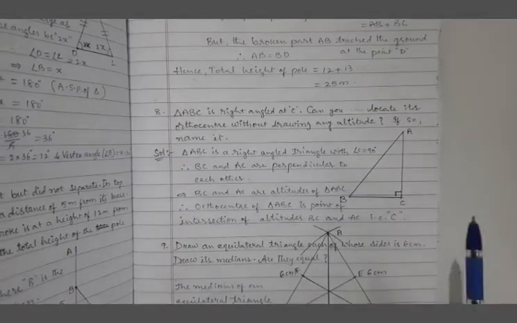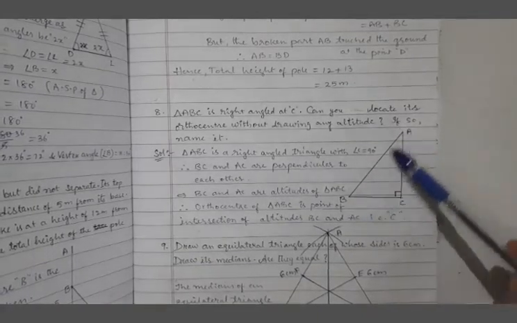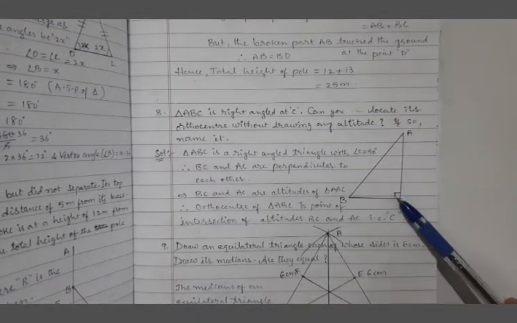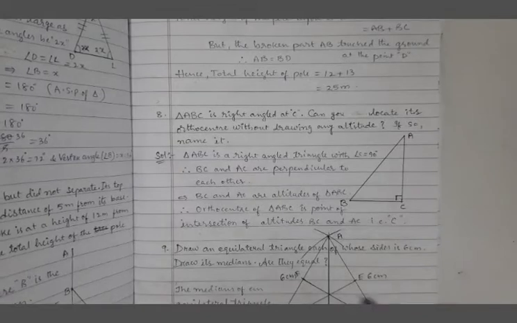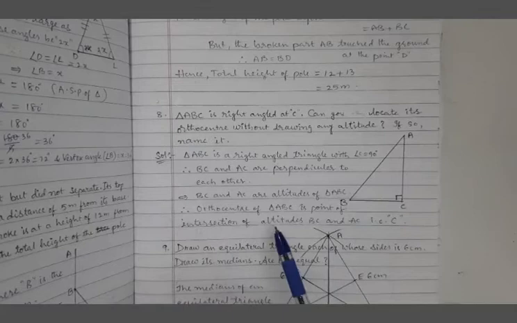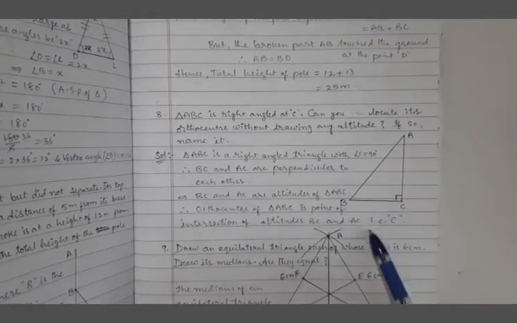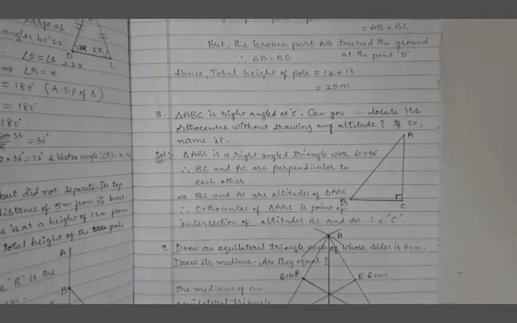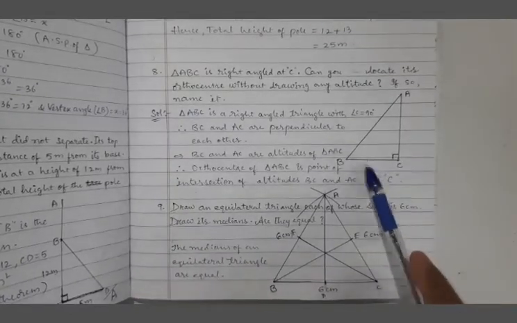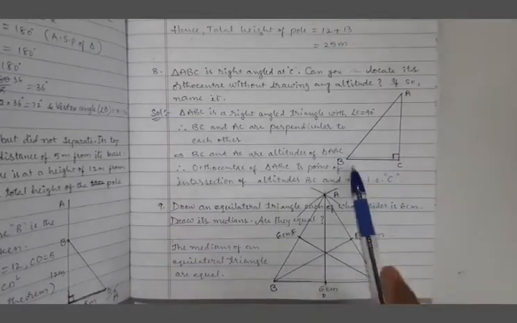If you want to draw the other one, the third altitude, which will be for the side AB, the hypotenuse of the triangle, it will go like this, passing through this point. Therefore, the orthocenter of triangle ABC is the point of intersection of altitudes BC and AC. Where is that? C. This is the answer. Understood? Very simple, but logic is involved. Two sides of the triangle acted as altitudes also. Why? Because they are perpendicular.